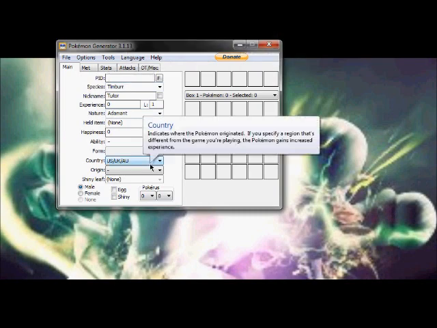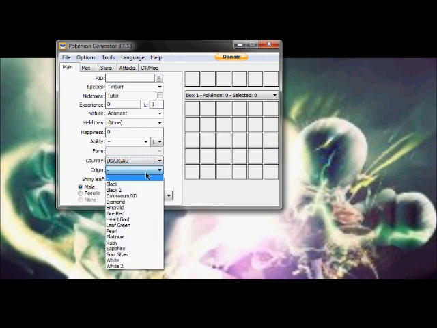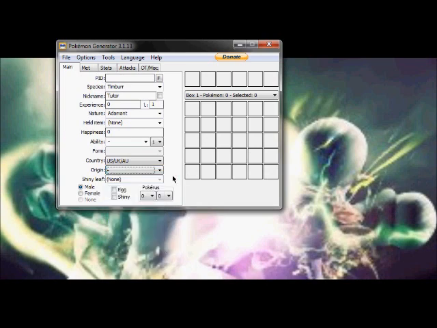So country doesn't matter: France, Quebec, Germany, Italy, Japan, South Korea, etc. Origin is not as important either, but if it's a Pokemon from 5th gen, it's not going to come from Colosseum, it's not going to come from Heart Gold or Pearl. It's going to come from Black, Black 2, White, or White 2. So if you're going to make a 5th gen Pokemon, please make it Black or Black 2, White, or White